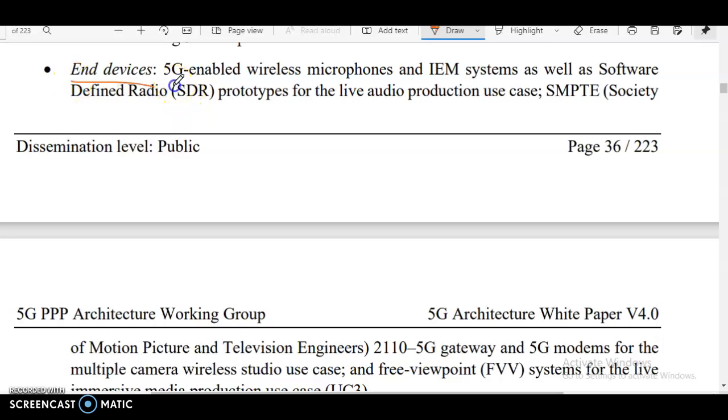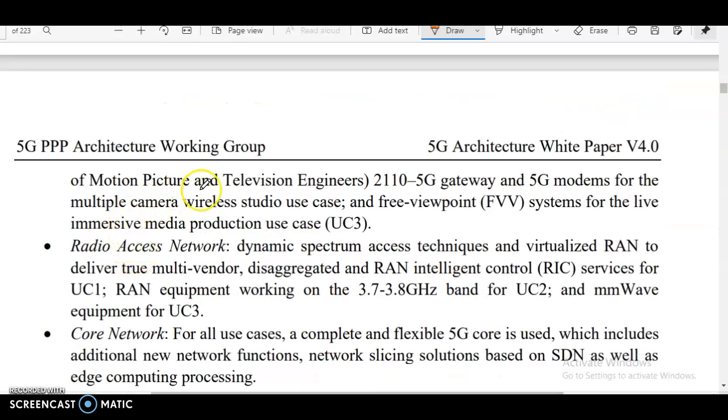End devices, 5G enabled wireless microphones and the IEM systems as well as software defined radio SDR prototypes for the live audio production use case. SMPTE, Society of Motion Picture and Television Engineers, 2110 5G gateway and 5G modems for the multiple camera wireless studio use case and a free viewpoint FVV systems